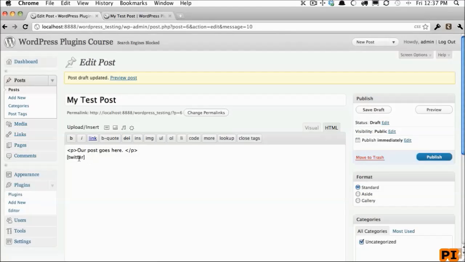In this episode, we're going to expand our shortcode to allow attributes. So let's take a look at how we want to proceed. This time, rather than hard coding in a Twitter account, I would like to be able to type Twitter username equals Envato WebDev. So I will save that, and now let's go into the code and write the functionality for